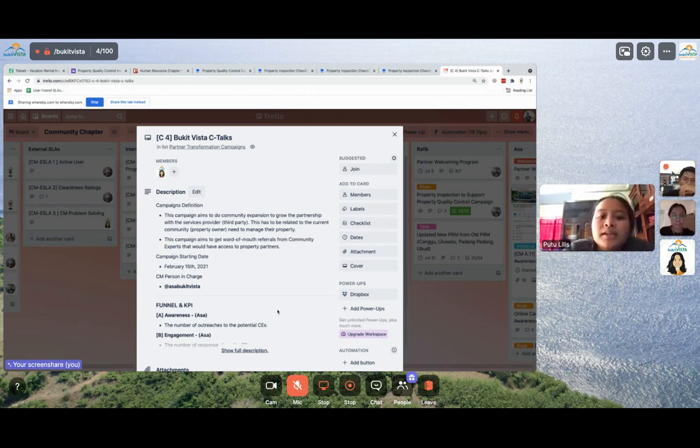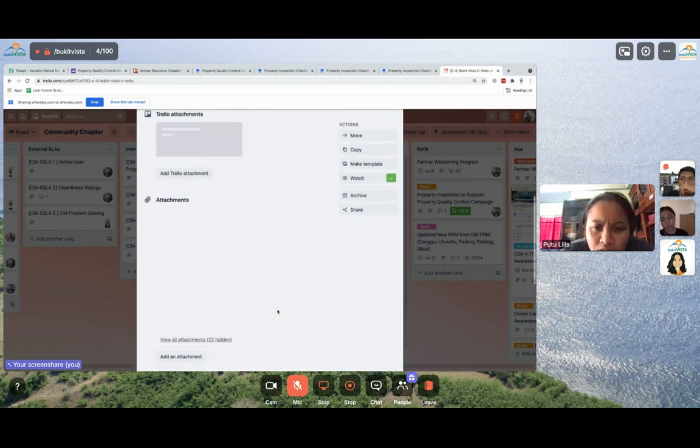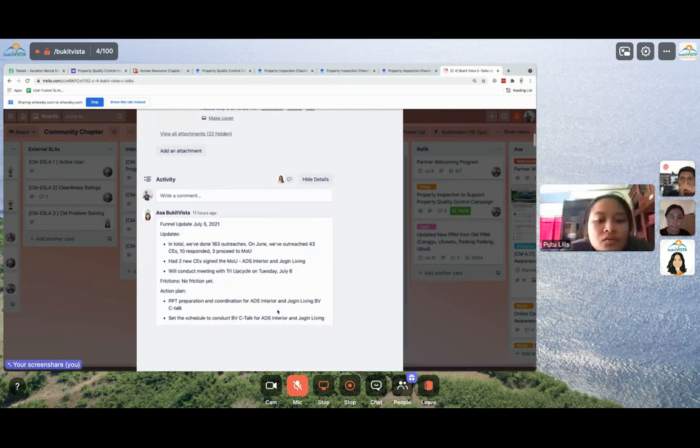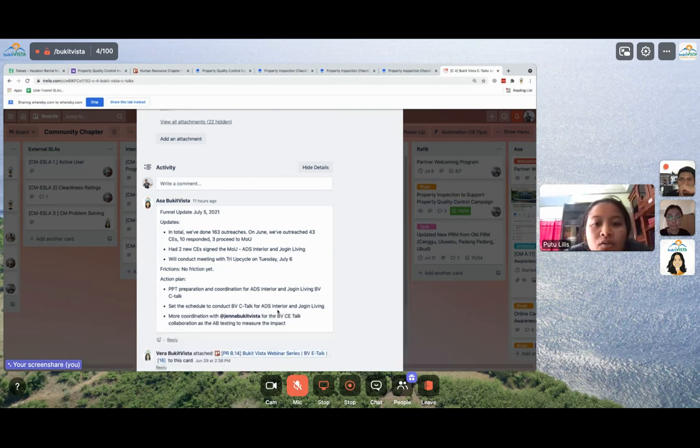We've reached out to 43 CE, 10 responded, 3 proceeded to MOU. 2 new CE signed the MOU, interior and Jogja Living. Will continue to update Thursday, July 6th. No friction yet. Action plan: PPT preparation and coordination for those two CE.